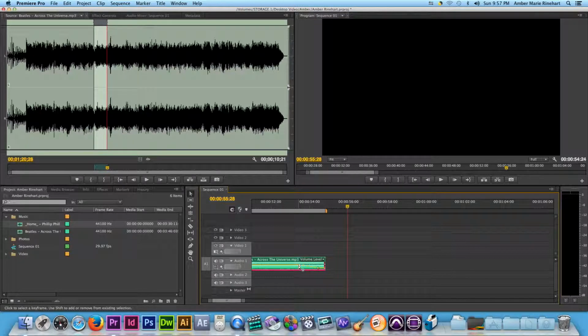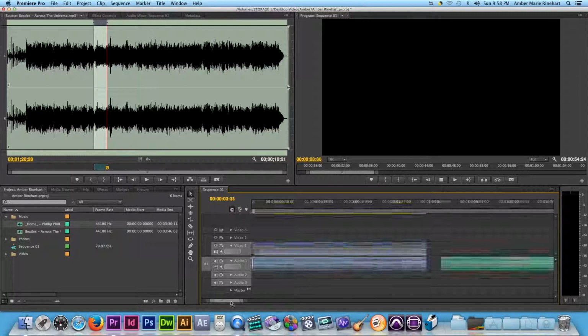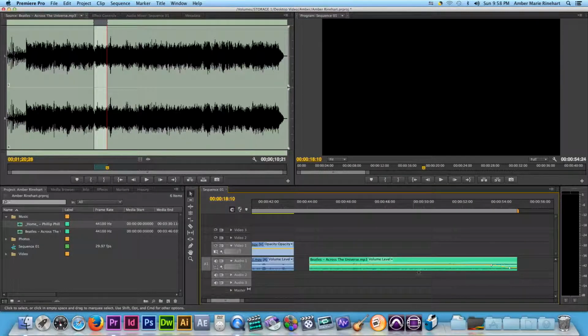So now the computer knows that at this keyframe right here, it needs to be full volume, and at this keyframe, it needs to be at 0. So as we listen to it, we can hear it both through the headphones as well as see in the audio levels that it's actually going to get quiet for us. It's pretty quick, so let me do it again. Now why that's convenient, why that's good to use is